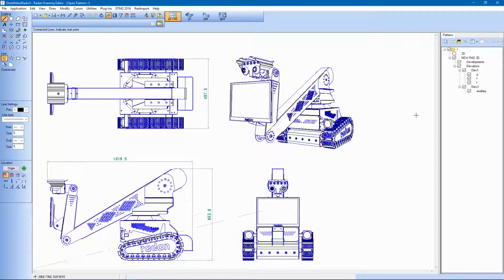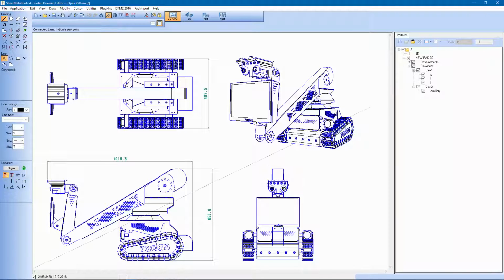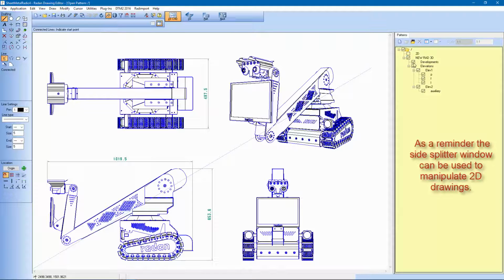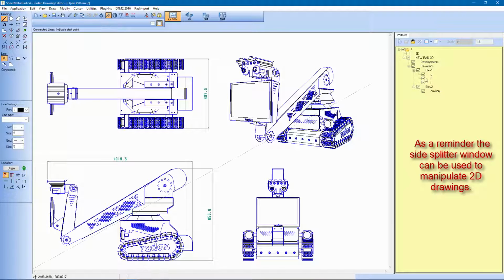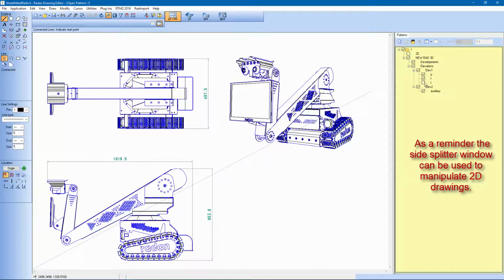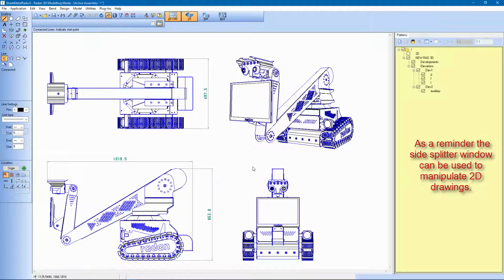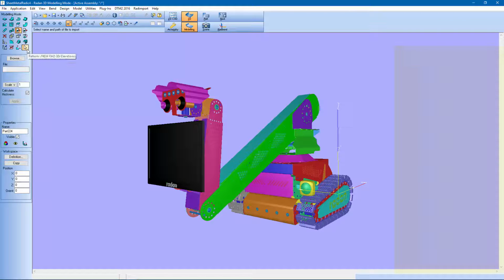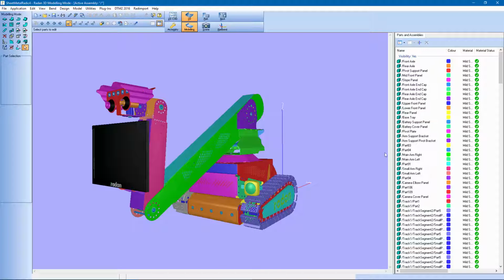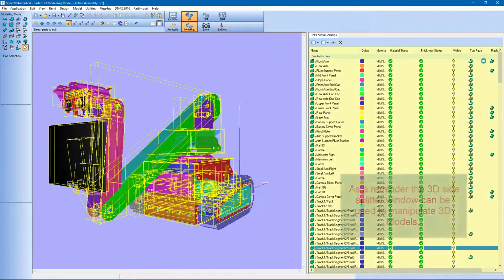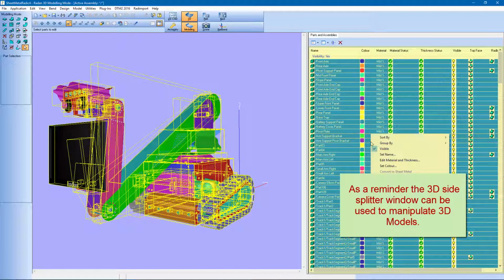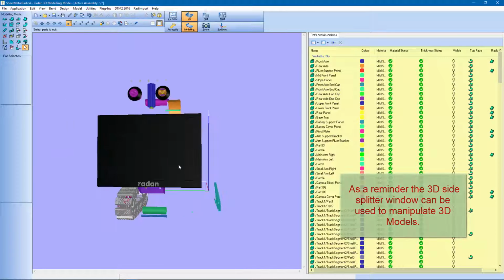Now before I go into 3D, you can see here that the side panel can be very useful in editing and manipulating 2D drawings as well. By simply selecting the tick boxes, I'm able to control the visibility of the layers and patterns within the drawing. If we now go into 3D and switch on the splitter window, you can see that in the side panel I've got a lot of information and details about my assembly. By selecting components in this side panel, I can very quickly turn on their visibility, change their material or color,